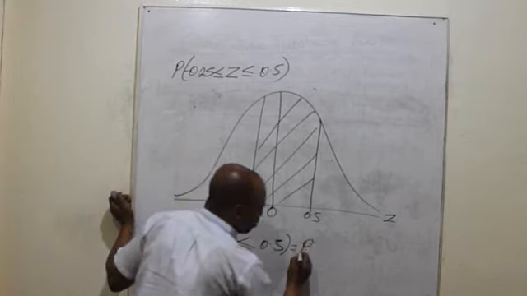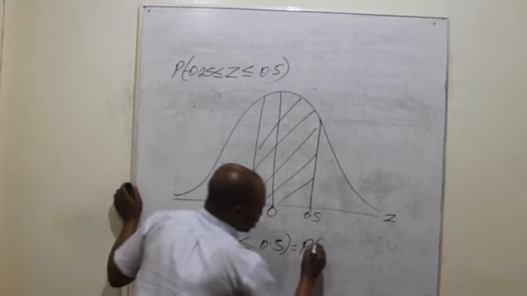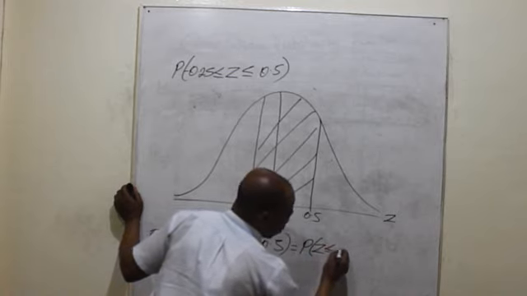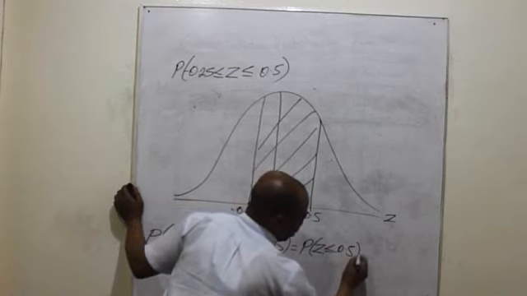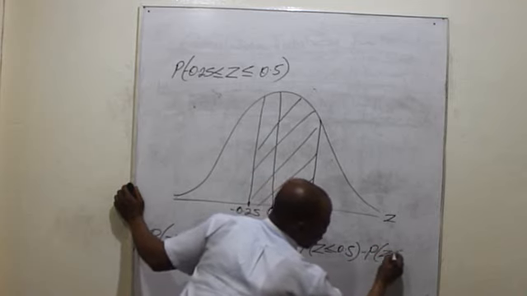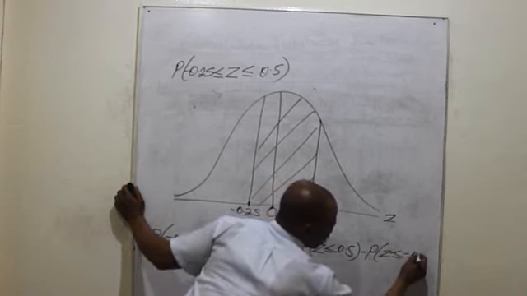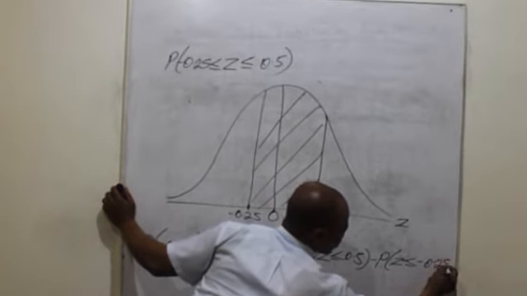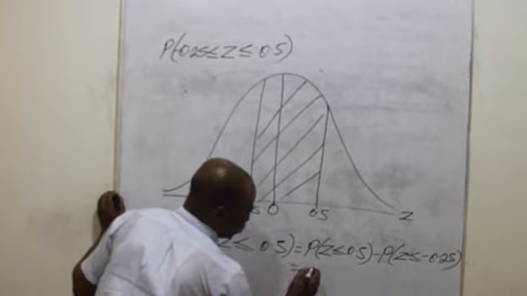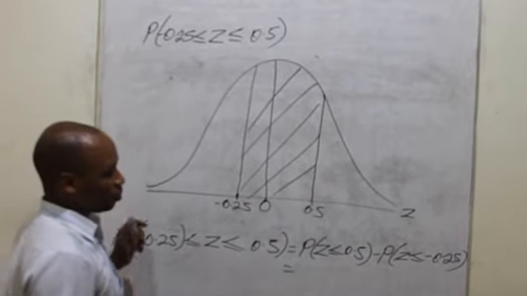So it will be the probability of Z being less than or equal to 0.5 minus the probability of Z less than or equal to negative 0.25. Then from the normal distribution table,